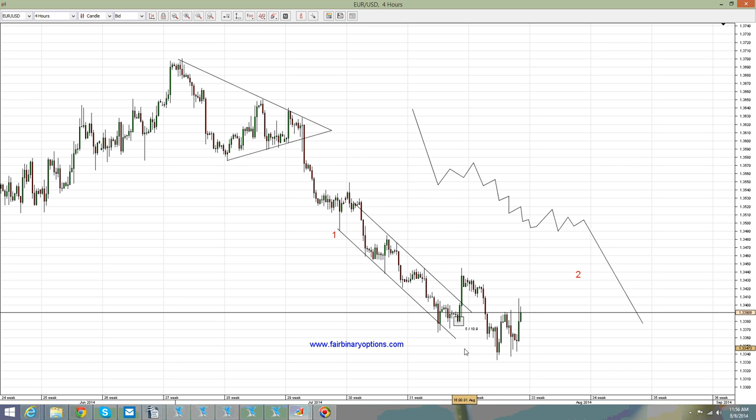Here is where the X wave ends, and now I would label this one as the following situation. This would be wave A to the upside, probably done here at 34, let's say 34.20. Then the B wave to the downside done here. Now we should look for the C wave to the upside, and don't be surprised if the C wave goes and breaks these highs here. I wouldn't be surprised if something like this happens. So it will be A, B, then C, then D, then E, and then to move lower. What I'm trying to say is that this area here is an area to be sold,